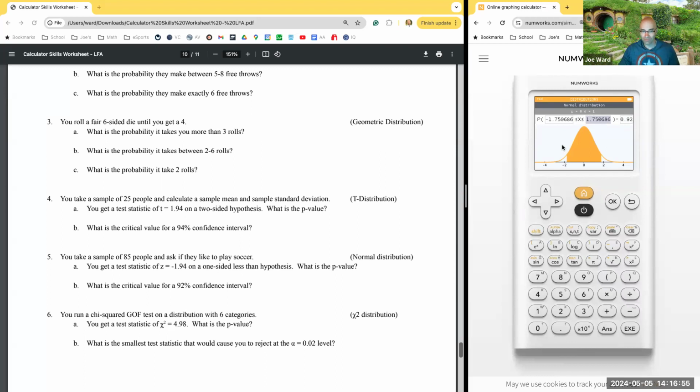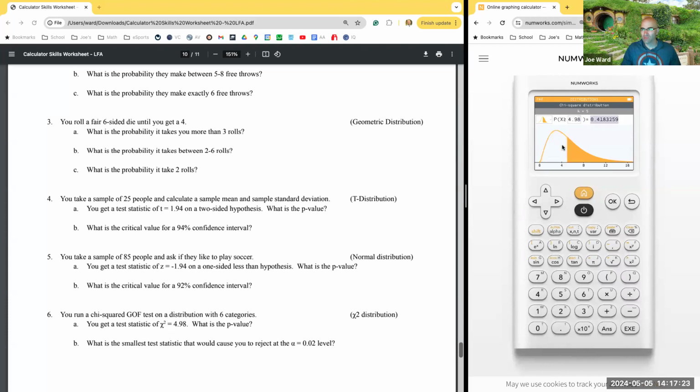All right, and our last one is this thing called a chi-square distribution. So that's right here. This also has degrees of freedom. And it says you're running a chi-squared goodness of fit test with 6 categories. So if there's 6 categories, there's 5 degrees of freedom. It says you get a test statistic of 4.98. What is the p-value? So I'm going to go here,